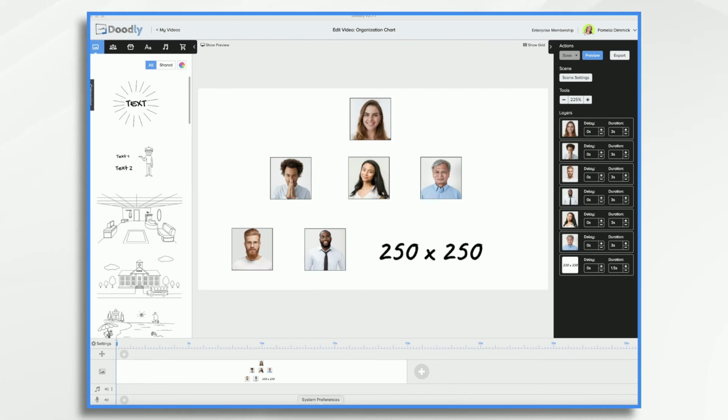You'll see that I've selected photos that have a plain background, and I used some editing tools to make them the same size and shape. So they look consistent across the board. They all have a thin black border around them, and I think that really helps just to give it a cohesive look. You'll notice that I have the numbers 250 by 250 written down, and I just wanted to remind